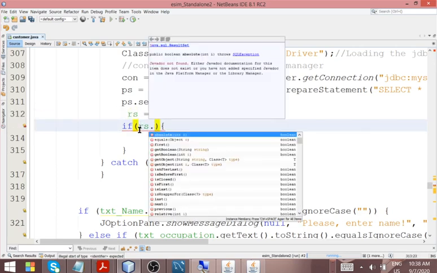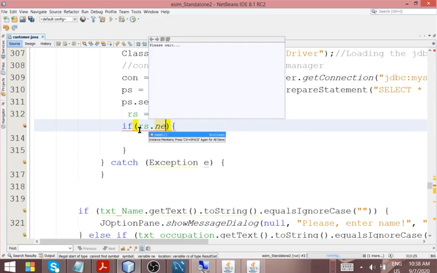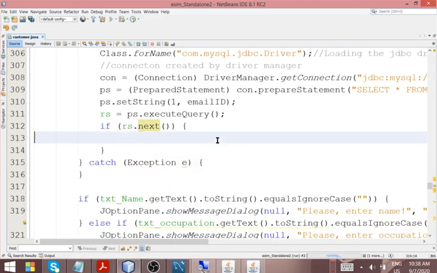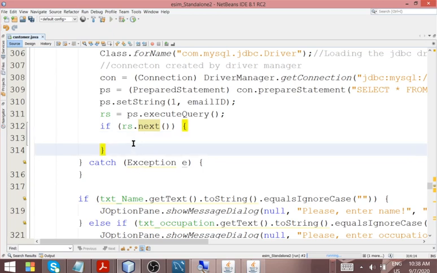If arrays.next, next means if it contains something, then you can do something. You can do your code here. If it contains something, what will happen? Then you have to introduce something. So maybe you introduce a counter up there, and then you increment it, and then it gets called at the other side. If it contains something, that means, sorry,